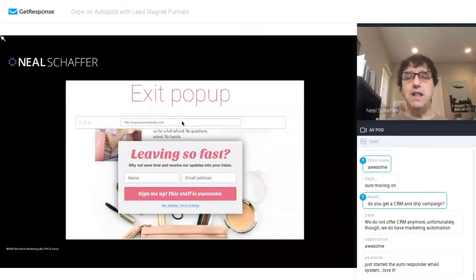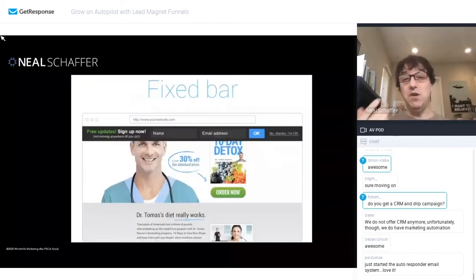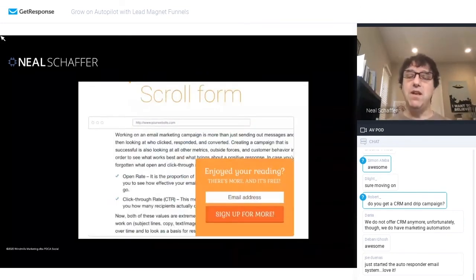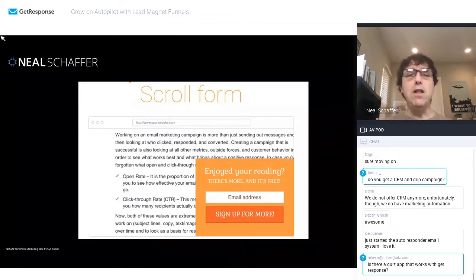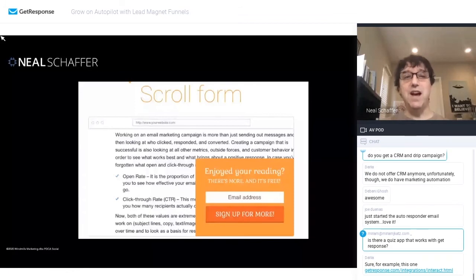We have the fix bar at the very top. When there's something you want to make sure that every visitor sees on every page, that's when you want to use the fix bar. Obviously, each one of these is going to convert differently, so you want to check your analytics to see which ones do better. And then we have the scroll form. So as you scroll down and you get to a certain point, you'll see this form pop up. And it's qualified by the fact that you've already gone deep into content. You probably have some interest. So it's probably going to convert a little bit higher, but it is not going to be shown to everybody who comes to your site unless they scroll down.